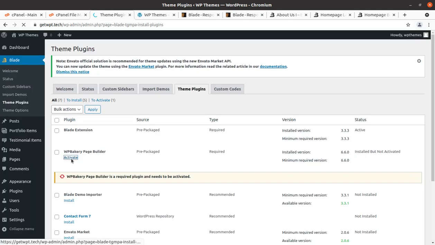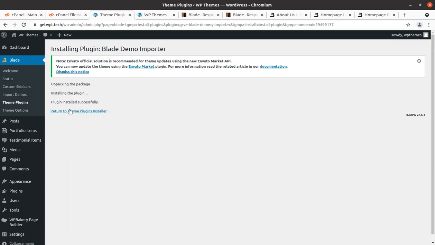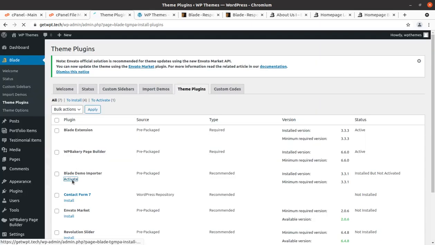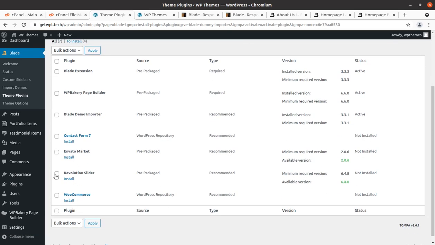And activate WP Bakery. Blade demo importer is a one-time activity. However, we need it for importing the demo content. Envato Market is actually not required, and I am selecting to install the rest of the plugins in one go.